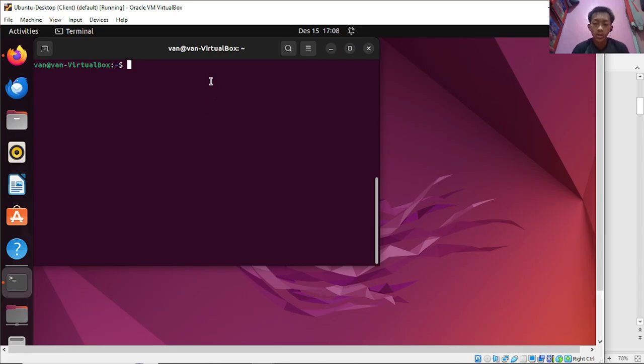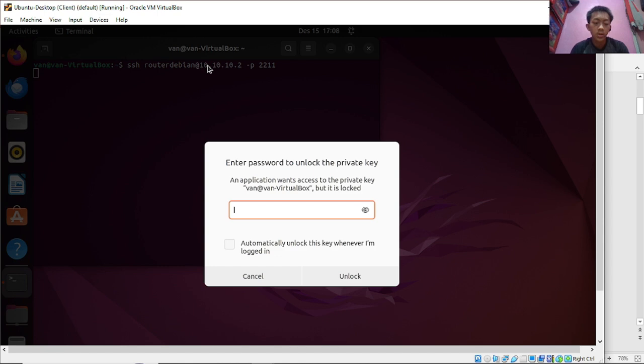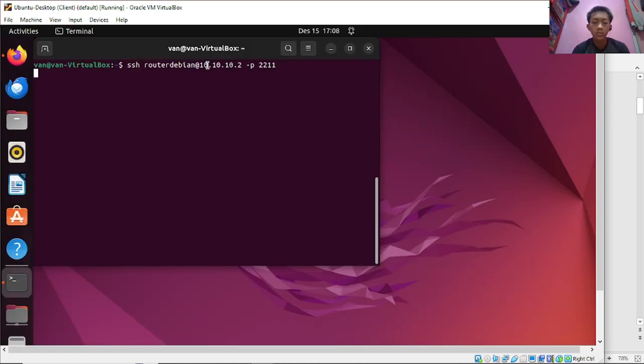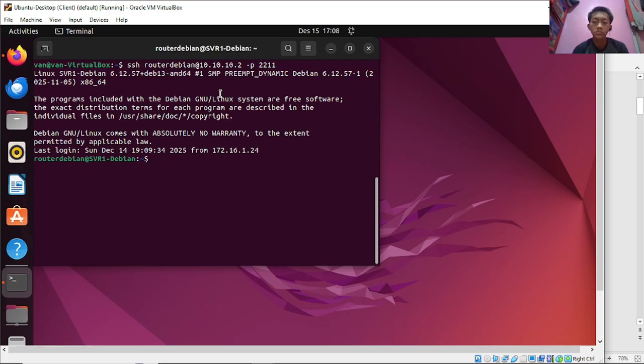I will use SSH to connect to server 1 Debian. First, I use SSH. The username is router Debian.